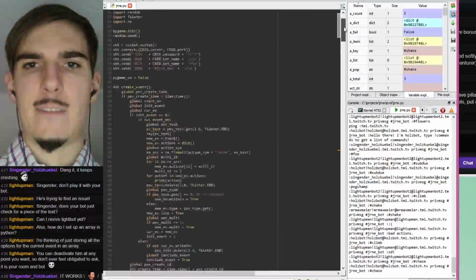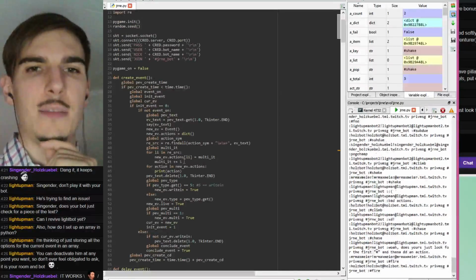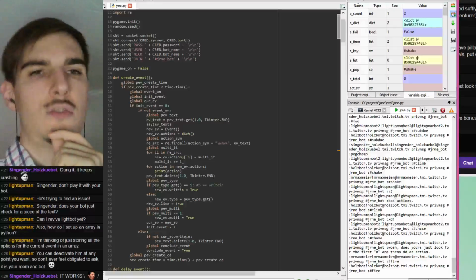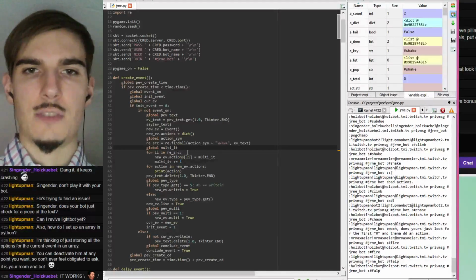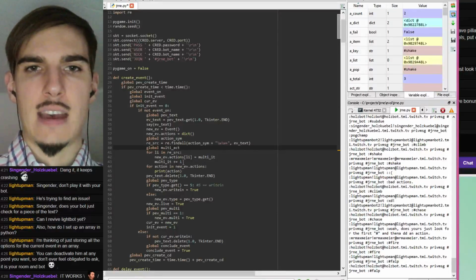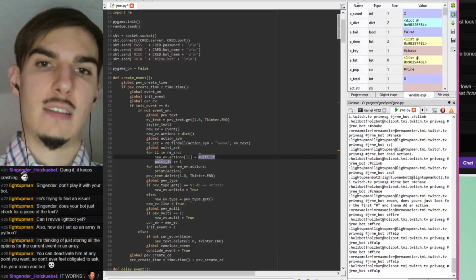Oh yeah, this makes sense. Actually, I don't need to use multi it anymore. I can just use multi act, and instead of saying multi it, I can just say len multi act.